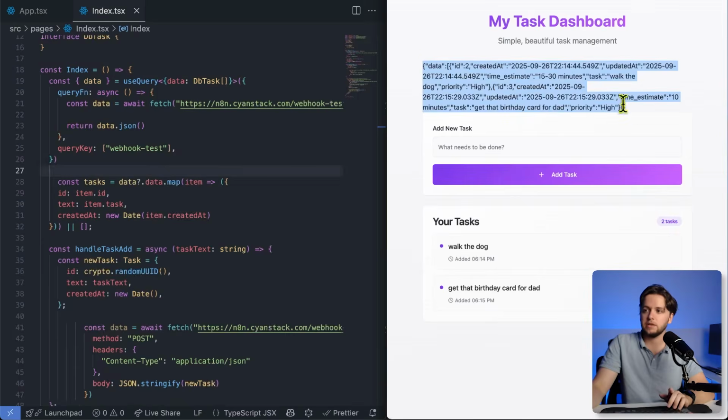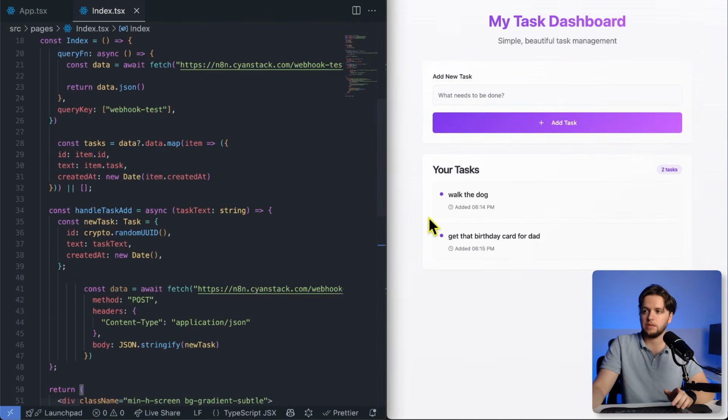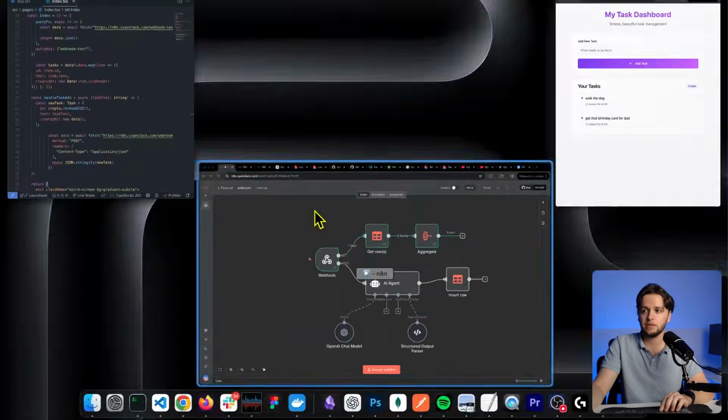Let's finally remove all this text up here as well. There we go. Okay, cool. There is our data. So anytime we enter a task, it's going to be added to our data table. And then when we refresh the page, it'll show up here. But one very annoying thing is every time we want to do one of those things, we have to click